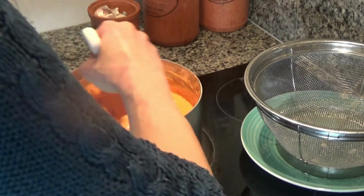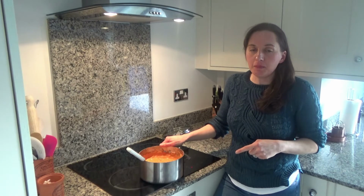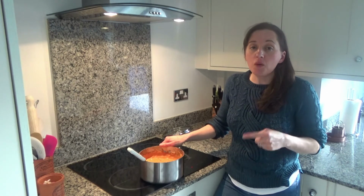So yes, that is my homemade baked beans done. So that's how you make my cheesy, no cheese homemade baked beans,